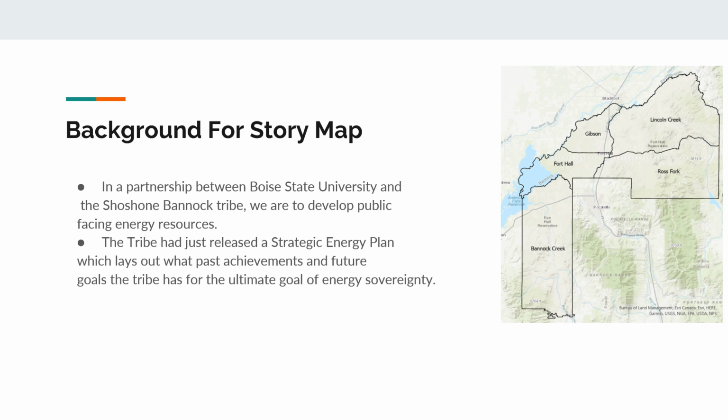Most of these resources were guided by a document released by the Tribal Department of Energy titled the Strategic Energy Plan. This document lays out past achievements and the future goals of the tribe as it pertains to energy. Our goal was to use this document as a framework to develop a story map that covers all of the content in the plan and acts as a repository for studies and data that the public can access to learn